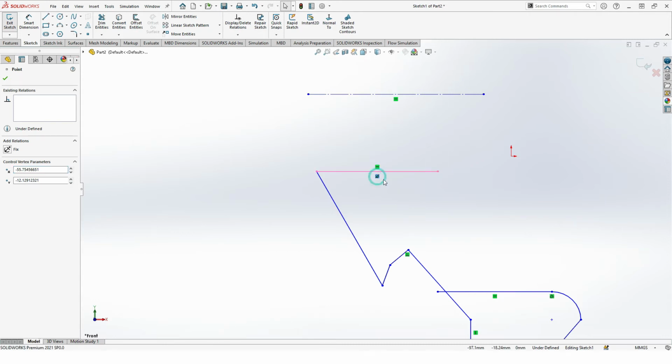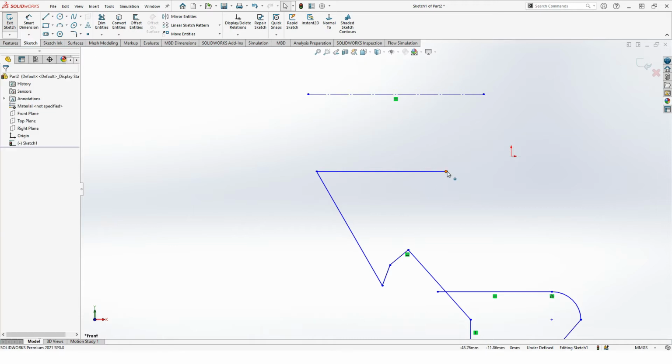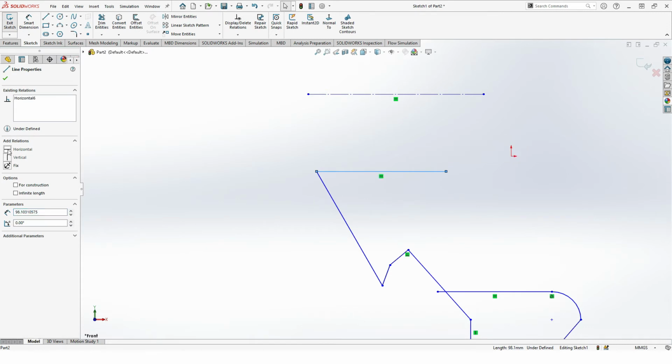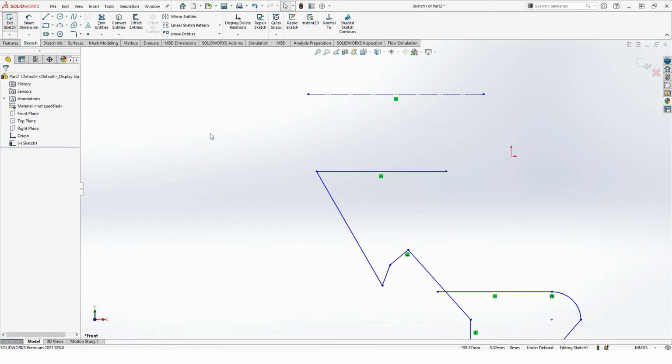We just click this relation and click the delete button. It will delete like this. Okay, now we just click and we see it will go up or down also. So once we add the relation, okay, so according to that relation it will not move anymore. And if we add all enough relations, it is showing now here under defined. Okay, but if we add the relations, like this is horizontal relations, click, and we give some value, like